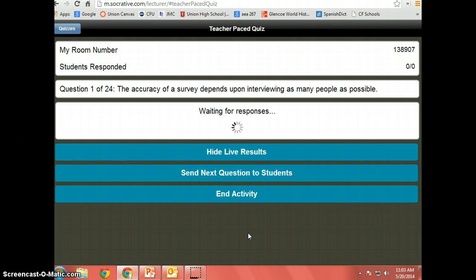So I go here, I use my LCD, and this question comes up and it says the accuracy of a survey depends on interviewing as many people as possible. And again, as the students are logged in, they get some choices. So I am logging in now as a student using my own device, my own cell phone at this particular point, and I have this question, and I have two boxes. One says true and one says false, and I will click true, and as kids